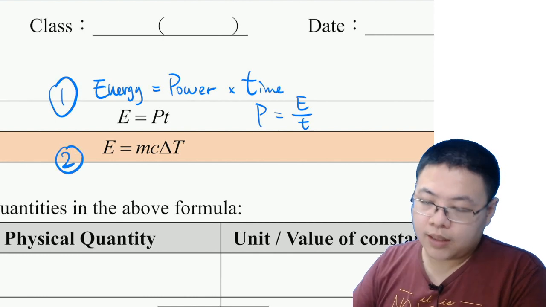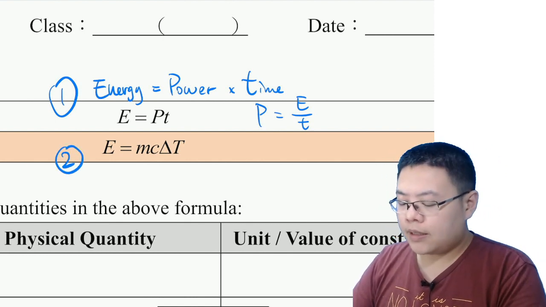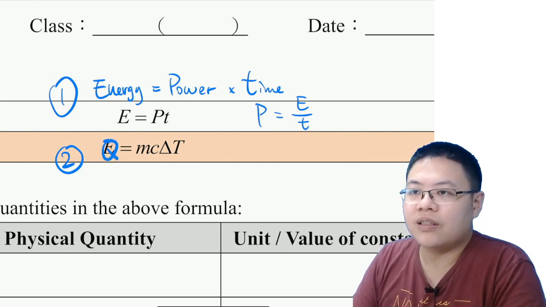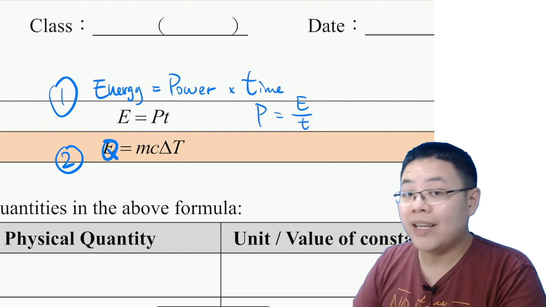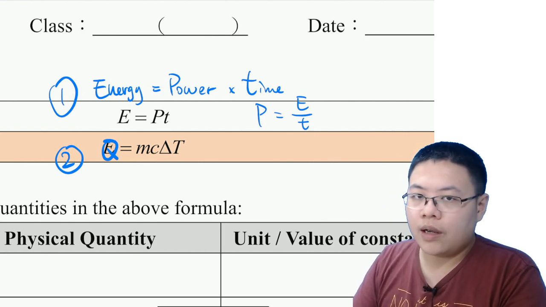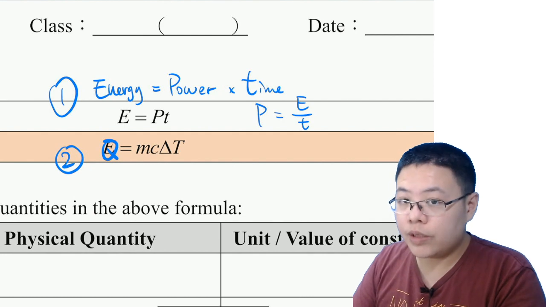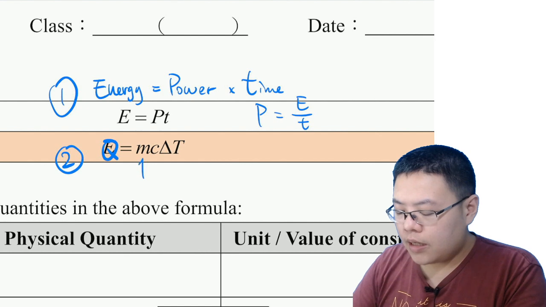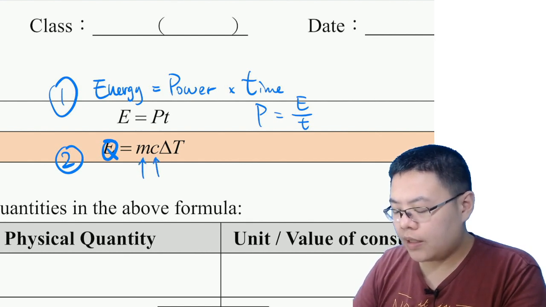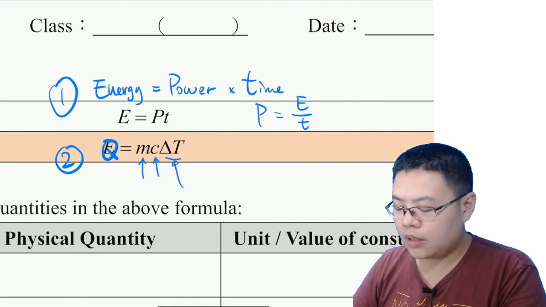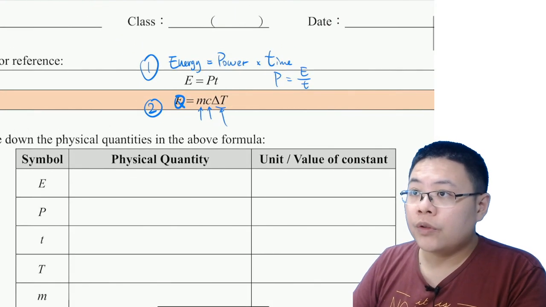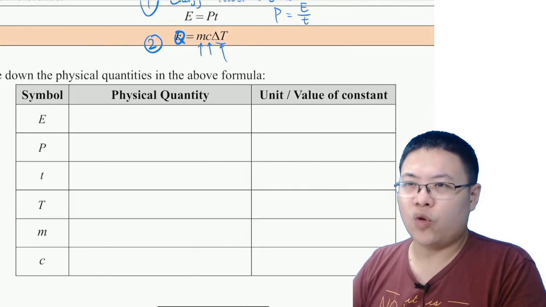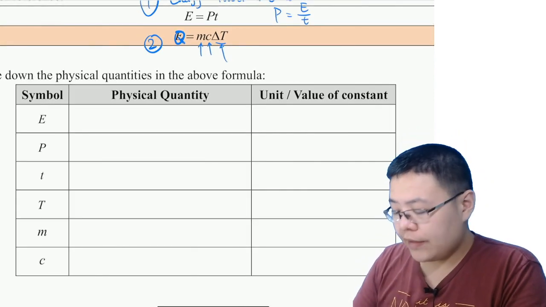And the second one is what we have just covered, is that Q and E both refer to the heat energy. Just E is more common, but Q is very specific for heat energy. Okay, let it be. And here M is mass, C is specific heat capacity, and delta T is the change in temperature. So you might be slightly confused by now because there are so many symbols, so many different things